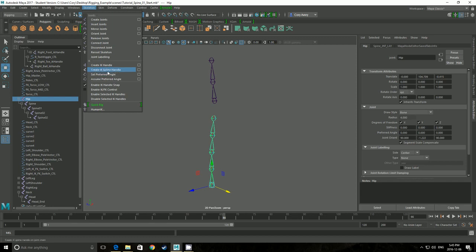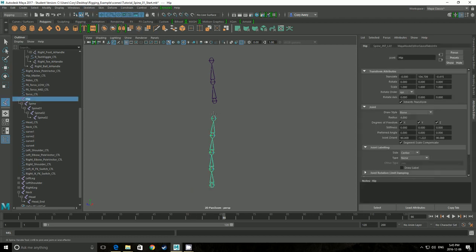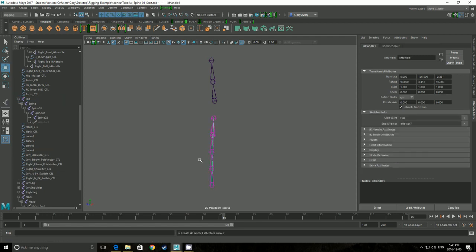So this is specifically for chains of joints, spines, tails, and an antenna on a car, maybe anything that was long and flexible would work. And I'm going to start at the base, and again, in this case, you're going to click on the end bone of the spine, which is this one up here. And what should happen, it should draw a line through the spine, which can be tough to select, but if you come over